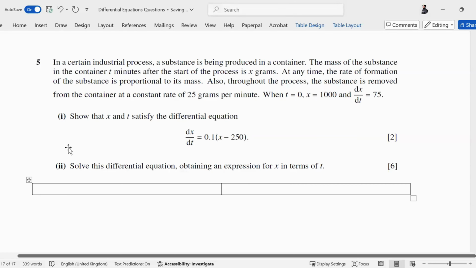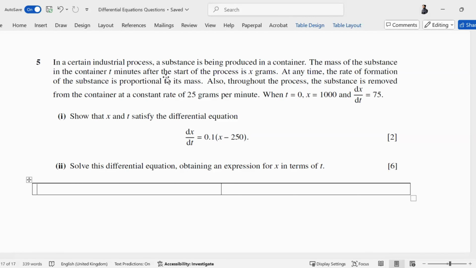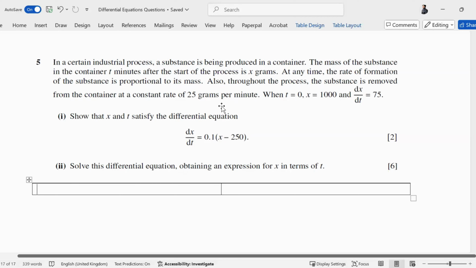In a certain industrial substance, I've told you people that this is the topic which made me realize that in life there is a place where chemistry and maths combine. The application of mathematics combined with chemistry. These were the questions when I was doing my A levels. So I realized that yes, the two topics or the two subjects combine or merge at a point. Okay, so the mass of the substance in container T minutes after the start of the process is